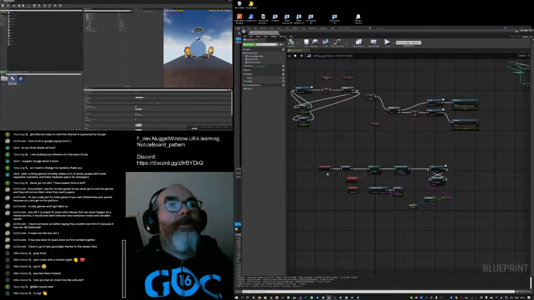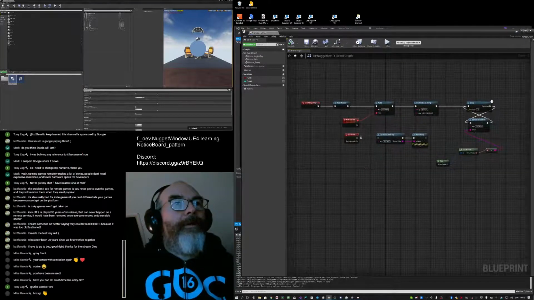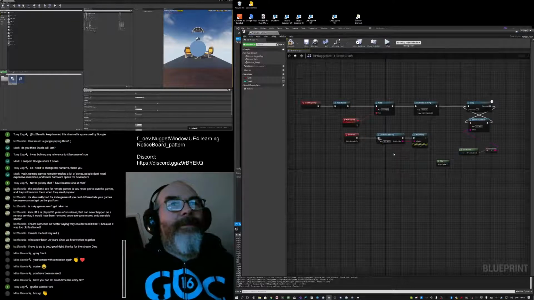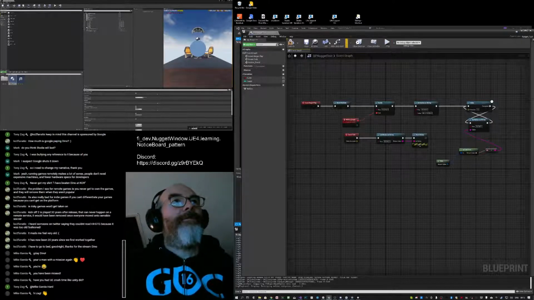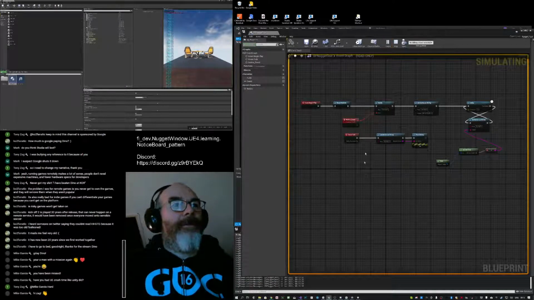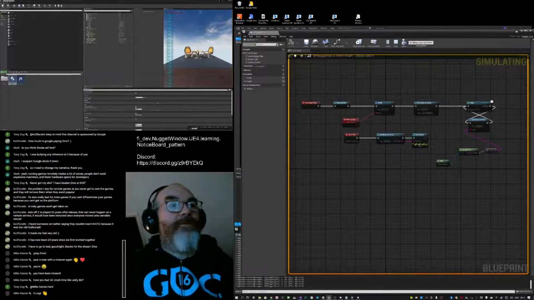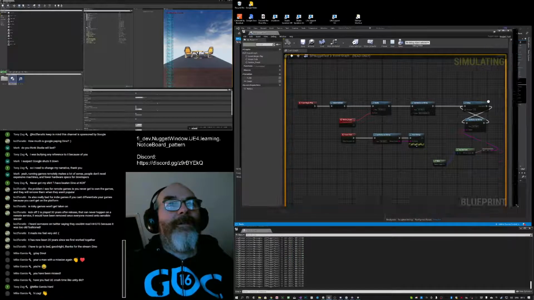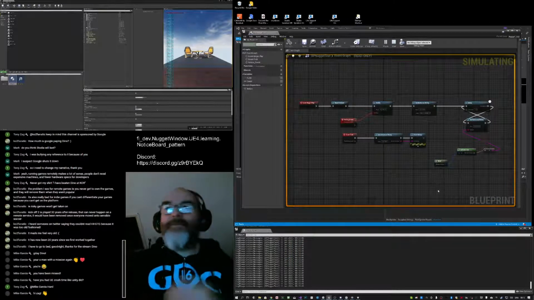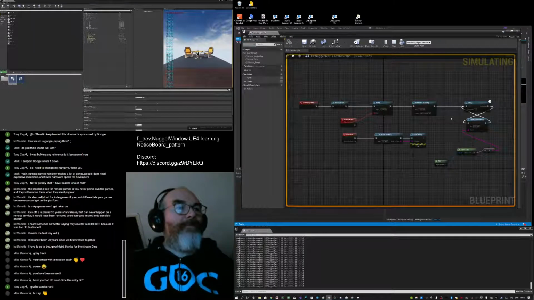So if it's working, let's set up the event tick and try that. It's finally working. So it just shows you that whole concern about the project, the editor and Visual Studio getting out of sync. I had a bit of that going on there, but this now seems to be working.